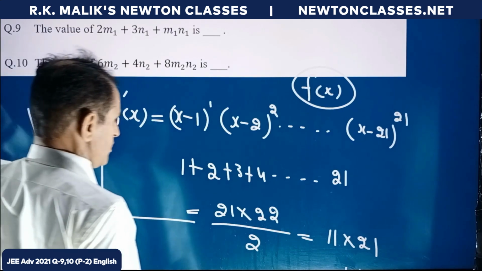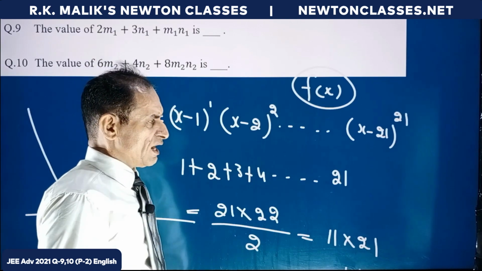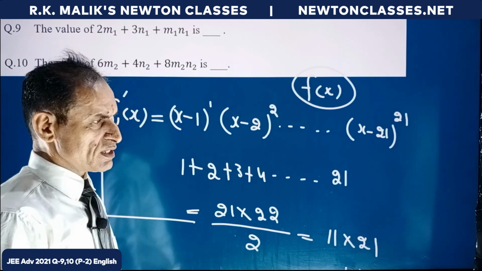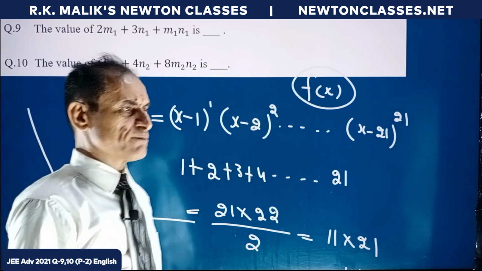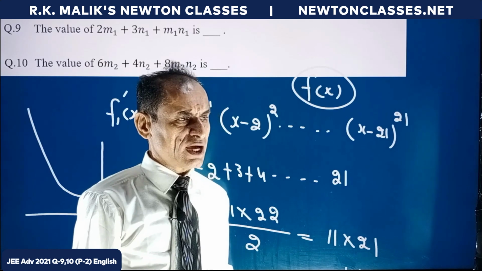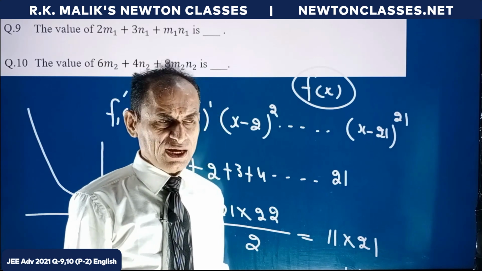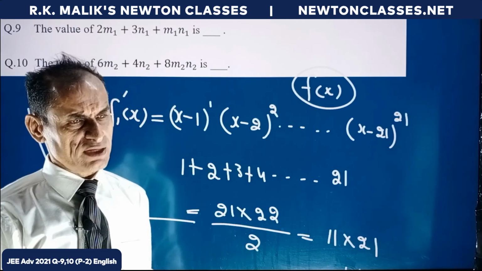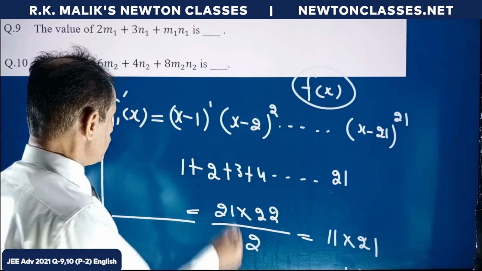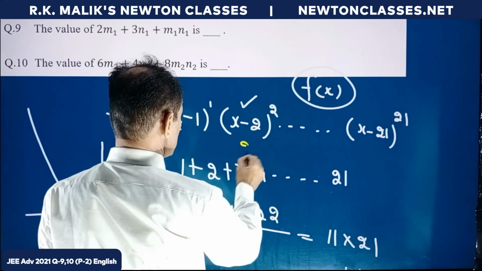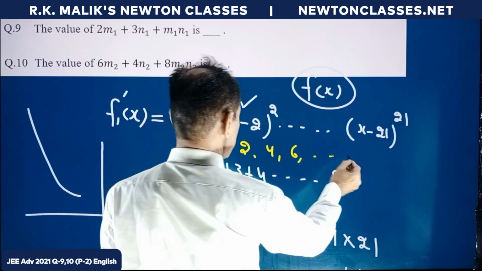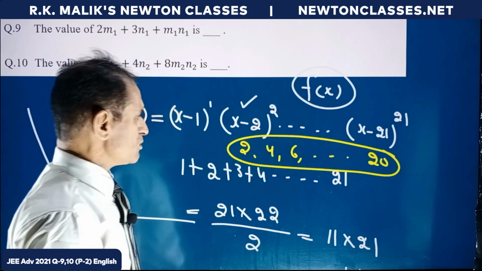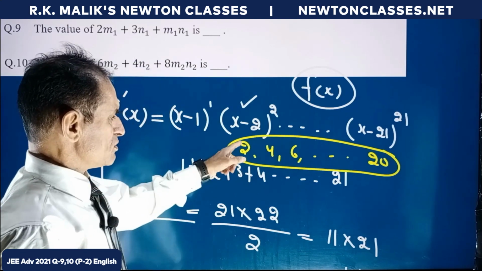And second thing, as I told you, after putting the derivative equal to 0, the root which will come an odd number of times, at that point it is sure that you will get either local maxima or minima, and the root which will come an even number of times, at that point it is sure that a point of inflection will be there, and therefore it is clear that at 2, 4, 6 up to 20, at all these points, point of inflection will be there,